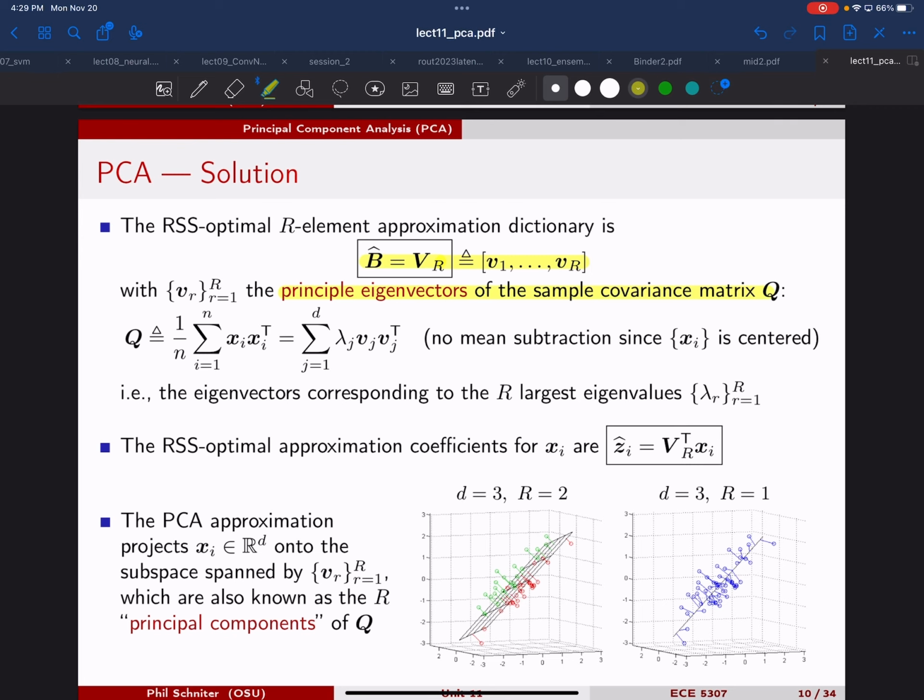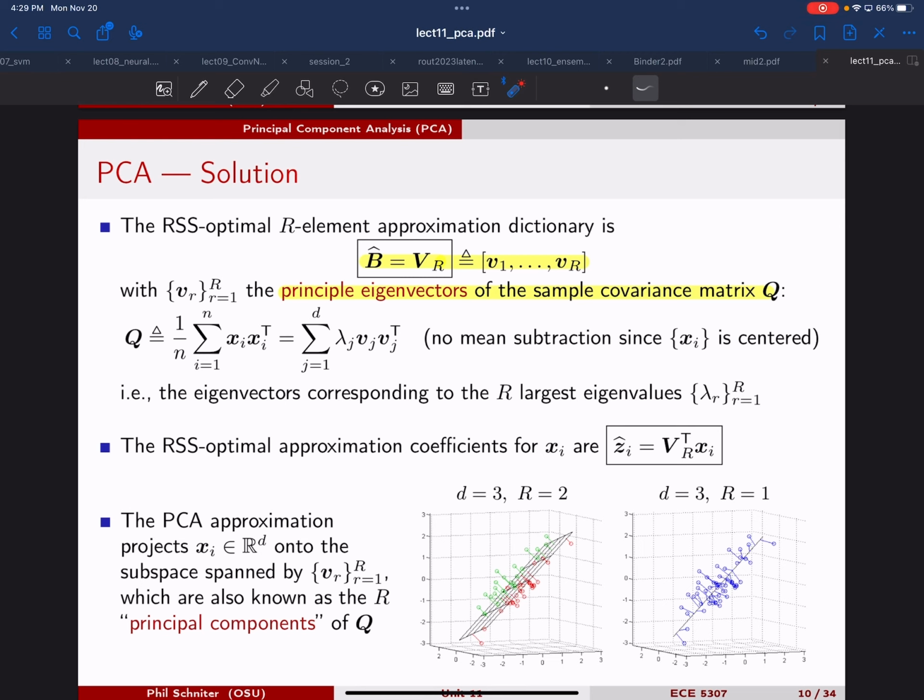Okay, so we know how to construct the sample covariance matrix. Since our data is already centered, this is what it is, right? We've seen this several times, I think, at least, right? If the data was not centered, we would need to subtract out the mean from these xi's. But since it's already zero mean, this is the sample covariance matrix. And